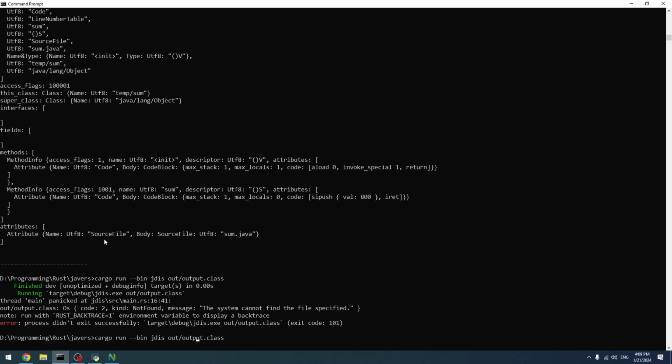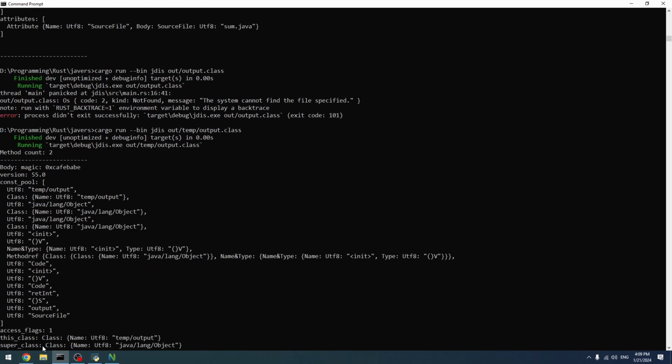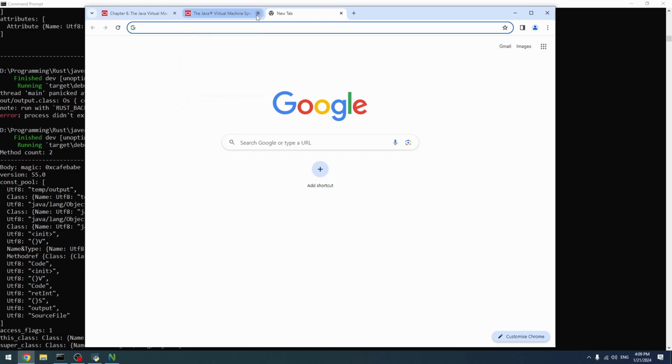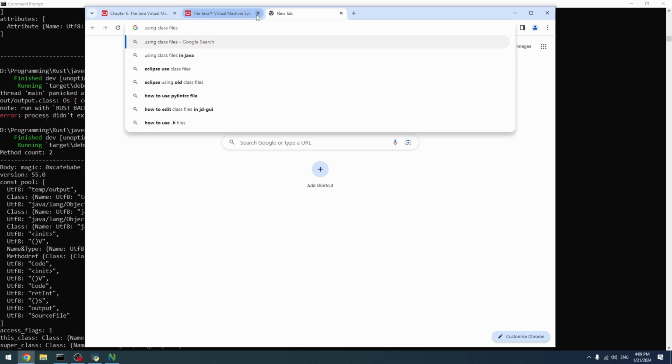output.class, temp output.class. What do we have? This class is temp/output. I don't see anything that might say otherwise, that this can't be used. I mean, we can try to do something like using class files,